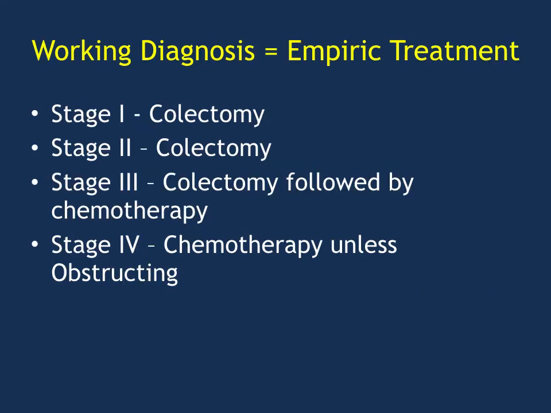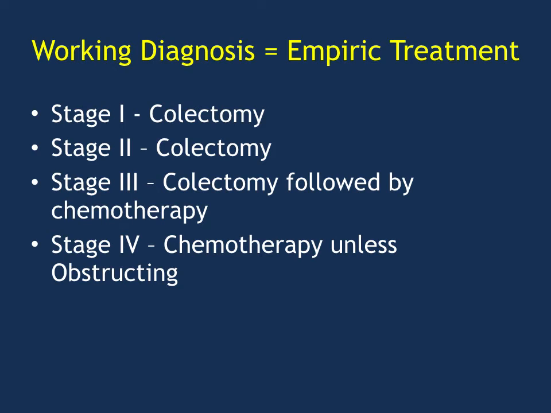And taking some action means, analogous to how I do empiric treatment. Maybe not quite a great analogy, but for clinical stage 1, the patient goes to the operating room for a colectomy. Stage 2, also the patient goes to the operating room for a colectomy. In stage 3, the patient goes to the operating room for a colectomy and then undergoes chemotherapy afterwards. And stage 4, the patient has chemotherapy and may have an operation if they have a complication related to the